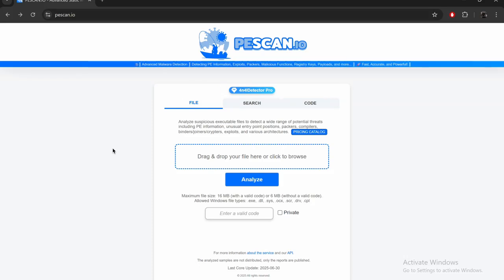But in this case, we are going to use the Infall Detector Pro web application, basic and premium version. So what's pscan.io or what's Infall Detector Pro? Infall Detector Pro is actually a platform or software, the executable version. It's like PE Studio. It's a portable executable scanner that analyzes a suspicious executable file to detect a wide range of functional threats, including PE information, unusual entry point positions, packers, compiler, binder, joiner, cryptors, and exploiters, and various